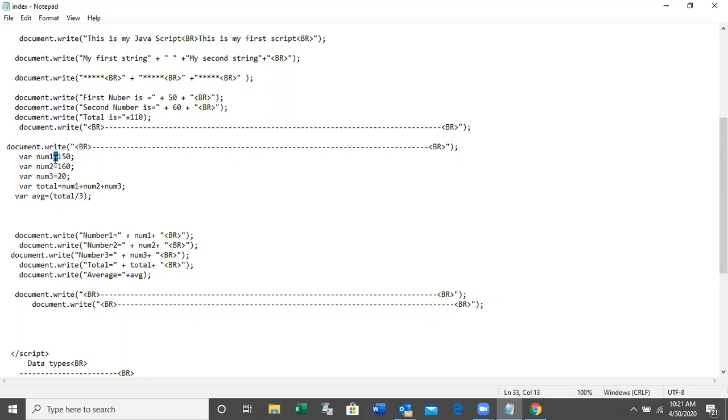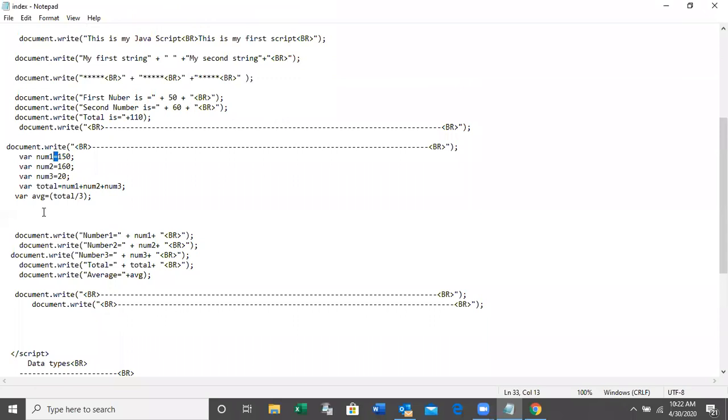Here, equal is the assignment operator. Equal means assignment operator. I am just assigning 150 to num1, 160 to num2 and 20 to num3. So all these are arithmetic operators: plus, minus, multiplication, division, modulus. Equal is the assignment operator, right?